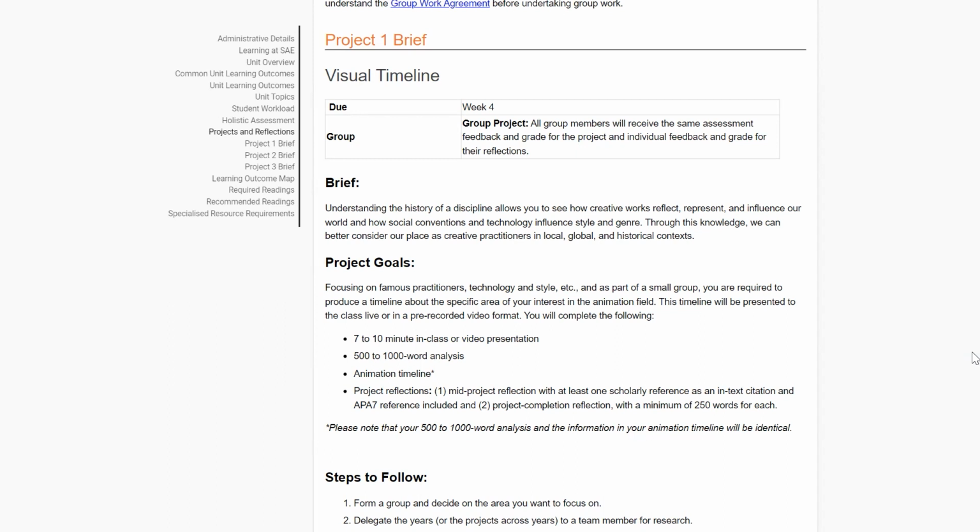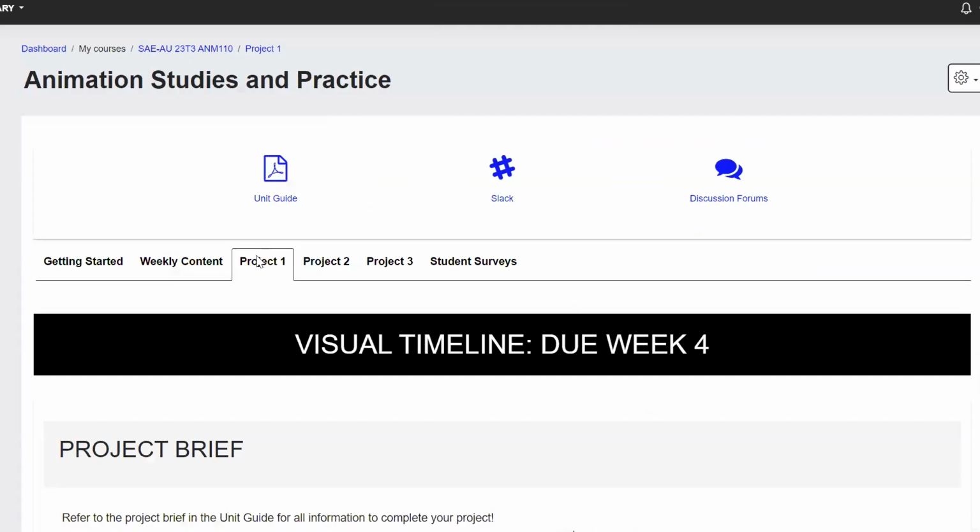This is a group project, project 1. So that's why it's really important to attend class in week 1 so that you can be put into a group. So as we said, it's due in week 4. Now, just please be aware that